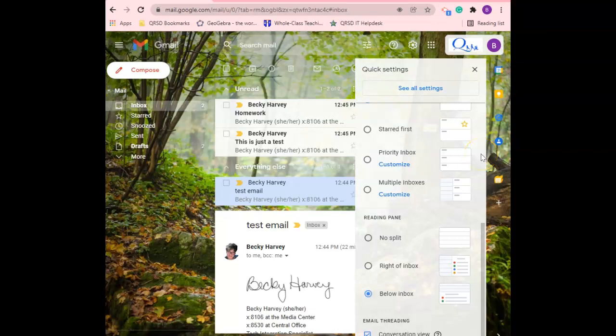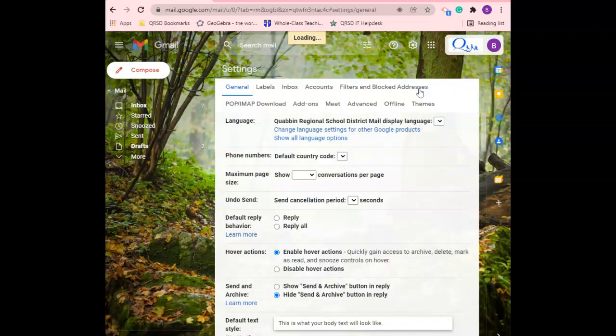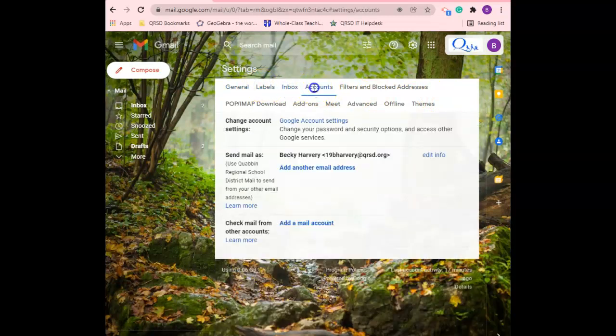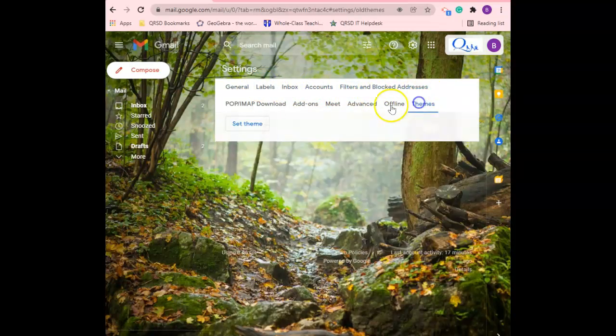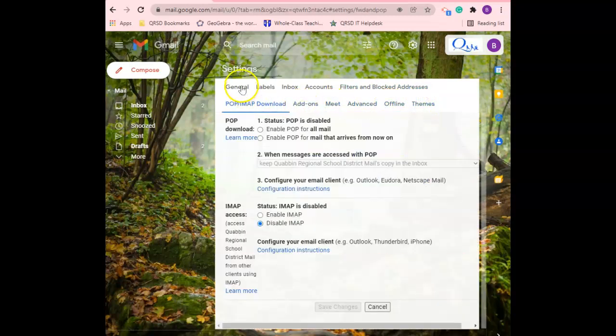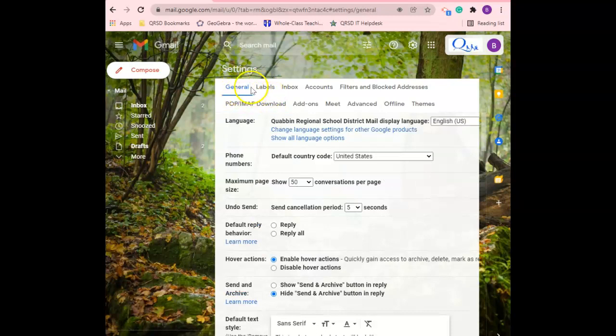To access advanced settings in Gmail, we once again go to our cogwheel, but in the drop-down list, we're going to click on See All Settings. This will actually open up a new window. There are a number of different tabs where you can change all different kinds of settings. However, we're going to look at General